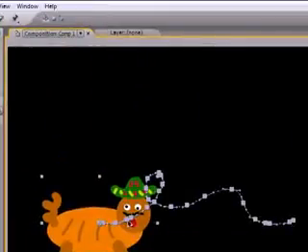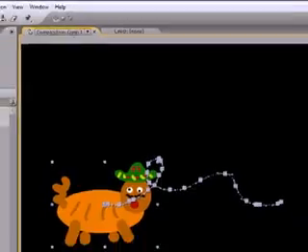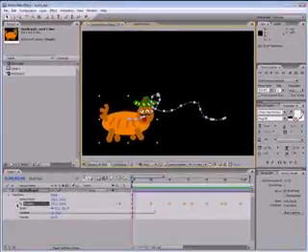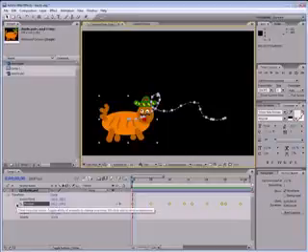Now, while this gives you a lot of control, it is very hard to animate. If you wanted to animate one of these keyframes, it's going to be a pain in the butt. So to get rid of these keyframes, there are two different ways that you can make a smoother path. Let's go ahead, and the first way that I want to show you